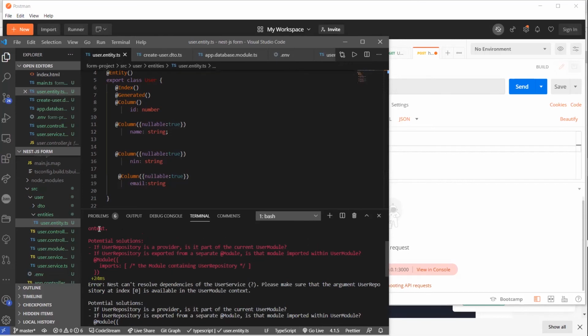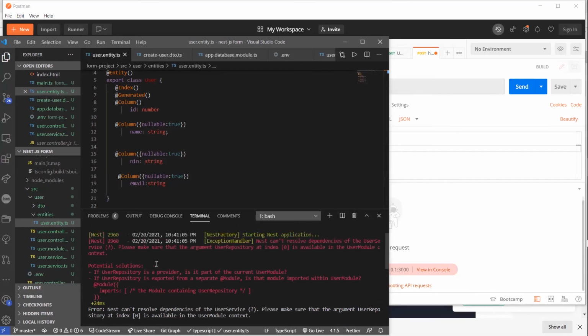Okay, I just realized I did not do something. Import the module containing